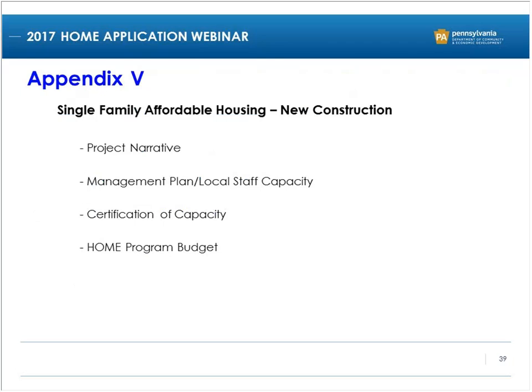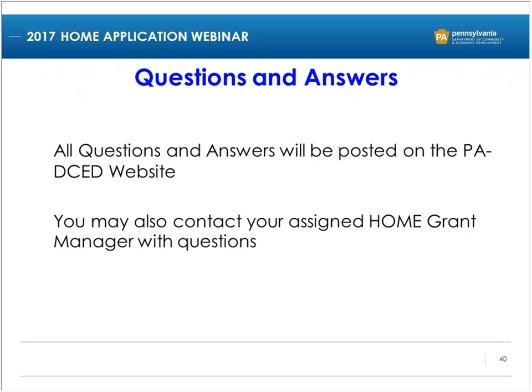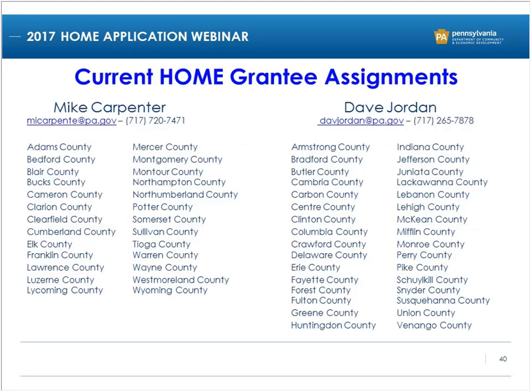Now we're going to open it up to questions and answers, and while you're pondering your questions and answers, we'll pull up the last slide, which has the HOME grant manager assignments. I just want to go over a couple of points before we get to the Q&A. First of all, if you're submitting a HOME application, you need to submit the electronic single application first. You need to take the signature page of that electronic single application, attach it to the hard copy HOME application,